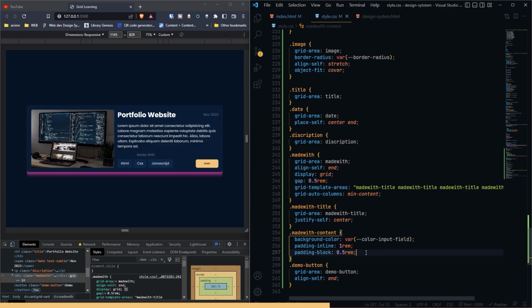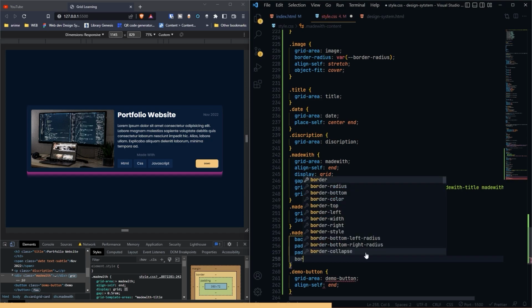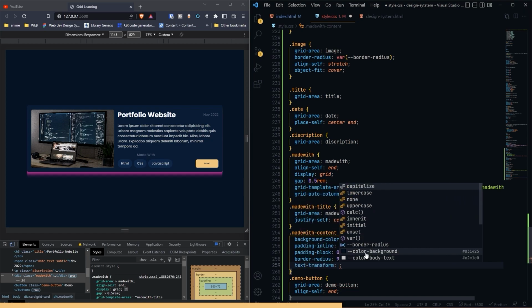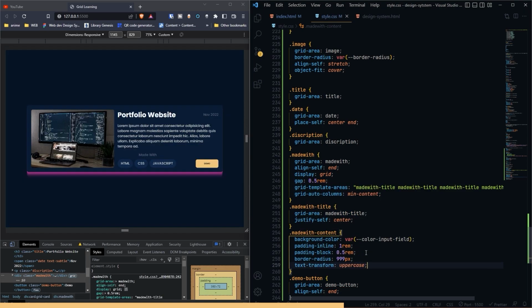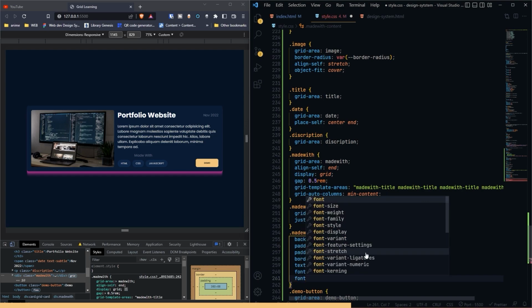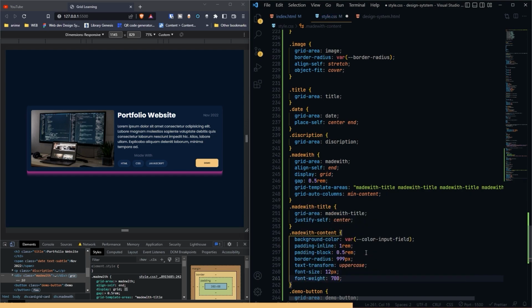Now to give it a pill shape, I'm going to give it a border-radius of 999 pixels, as big as you can, which will give it a pill shape. Then I want this text to be capitalized, so I'll write text-transform: uppercase. Then I'll have the text be a little bit smaller, so font-size of 12 pixels. Then I'll make it bold, so font-weight of 700, which is our bold font, and voila, that is exactly